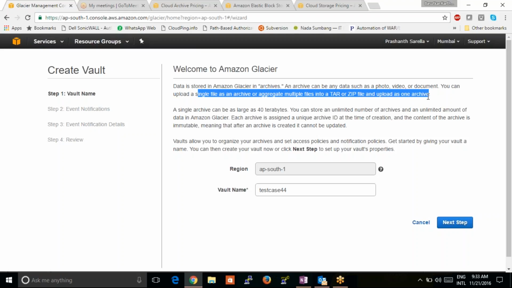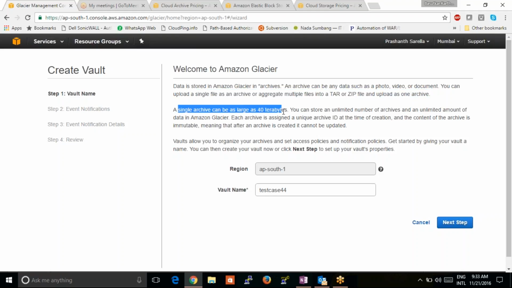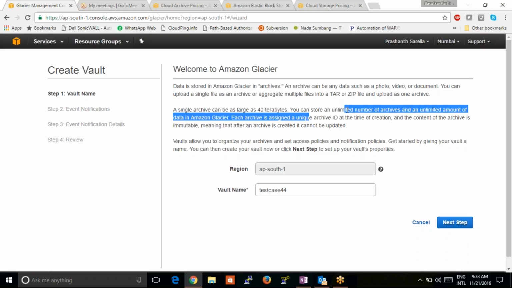So whatever the data you have, just compress it and upload as one archive. So one single archive అంటే tar.zip file may be up to maximum 40 terabytes only. A single archive can be as large as 40 terabytes. So you can store unlimited data. I mean to say unlimited data అంటే we'll call it as archives